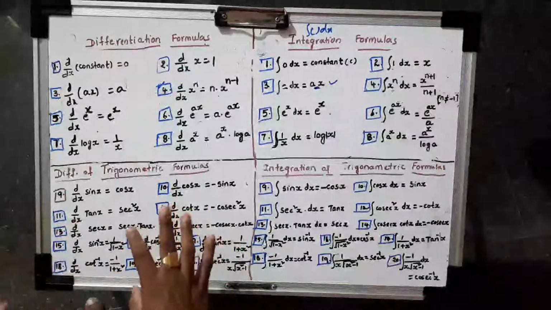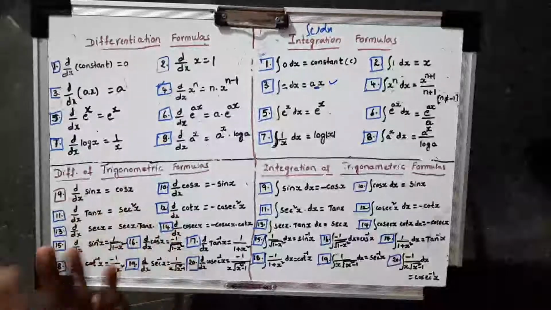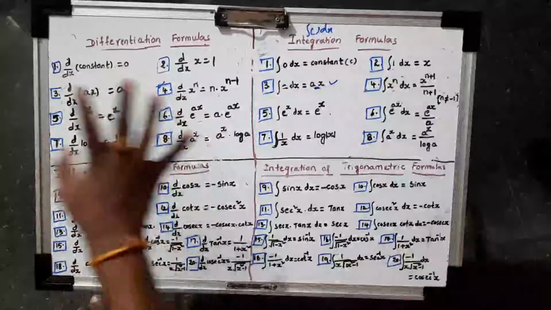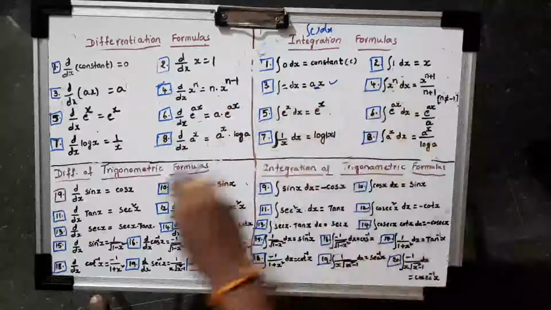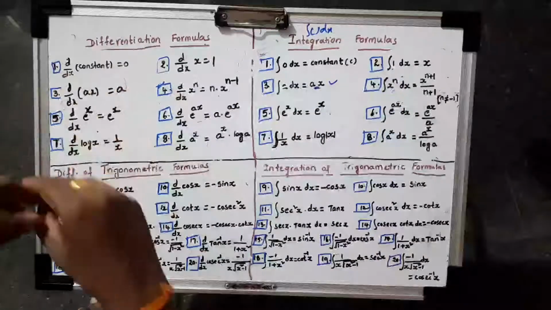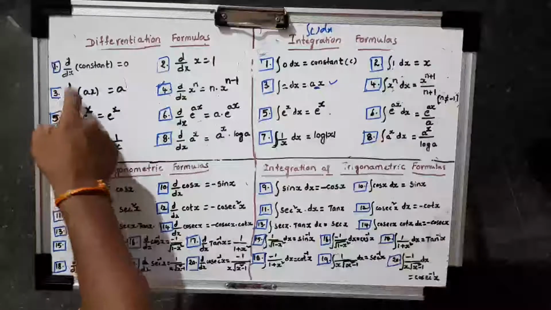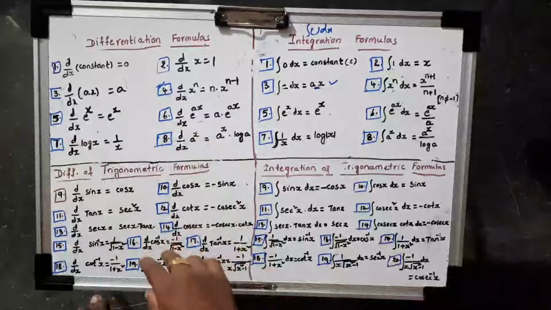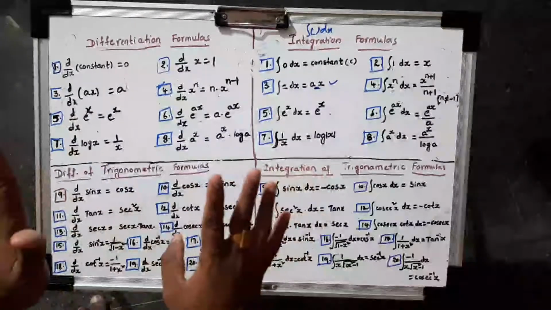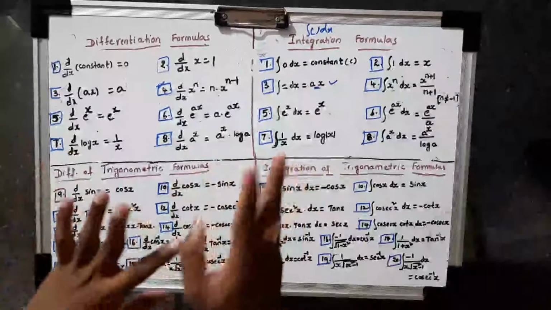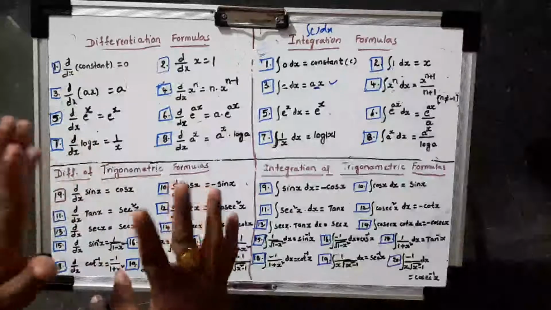Similarly, the differentiation formulas for trigonometric functions work the same way. If you remember the differentiation formulas, you don't need to remember the integration ones, because you can apply the reverse application. Integration of a is ax. So forget this d by dx whenever you are learning. Just say derivation of ax is a, integration of a is ax. When you say derivation, you remember d by dx is there.